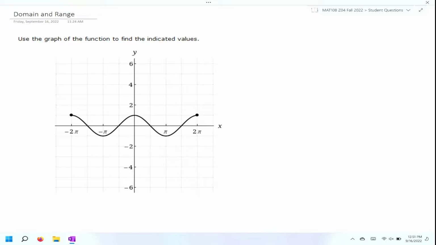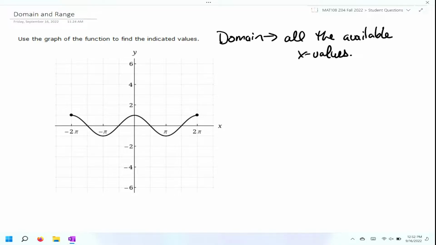represent. So the domain, okay, are going to be all the available x values. Okay. So for example, if you had a function, let's say f of x, and let's say this function was 1 over x plus 1, okay, then your domain will be all of the values of x such that when you substitute them in for x, you're going to get some sort of output that we call